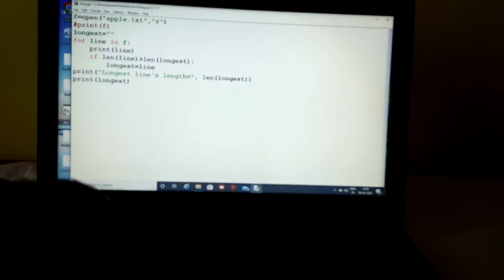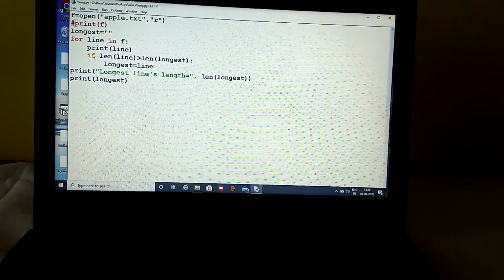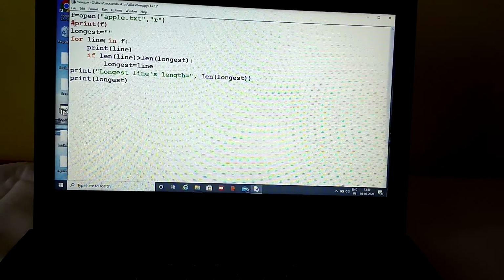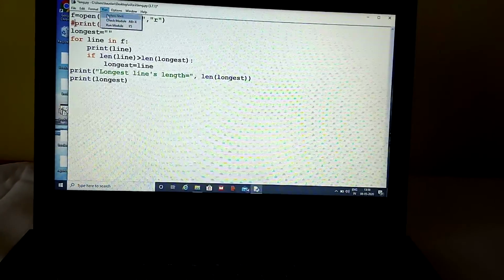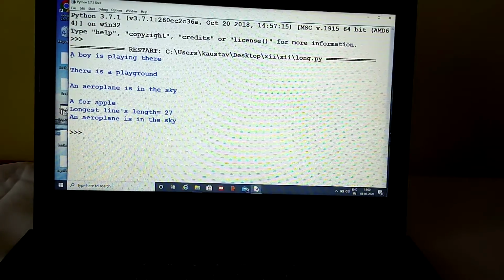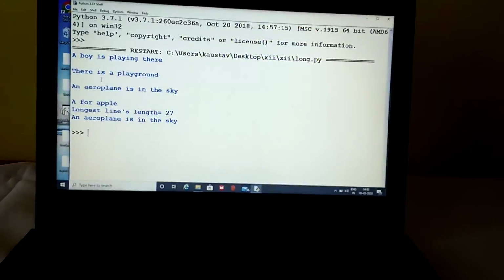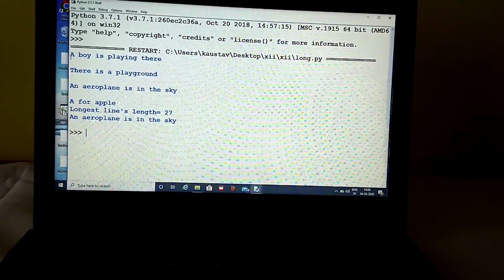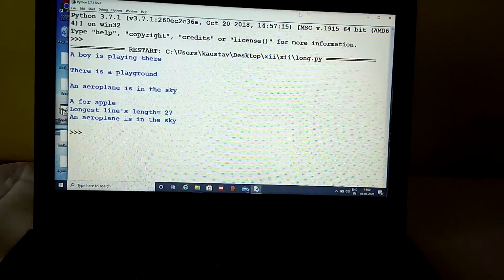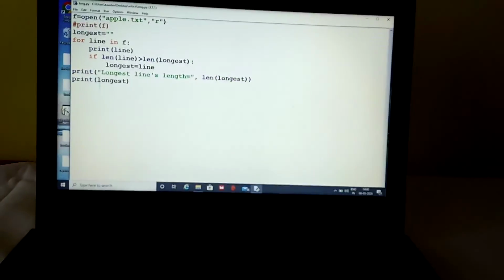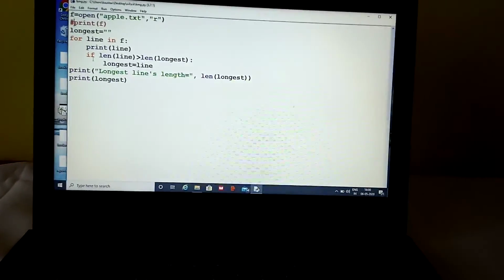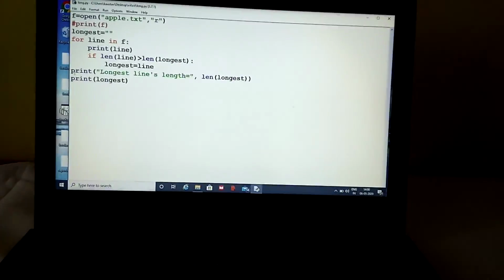Now we will see what has been stored in the variable line. I'll run this. See, through line we are able to read the 4 lines. These are the 4 lines. So in the line variable, all the lines are stored one after another.